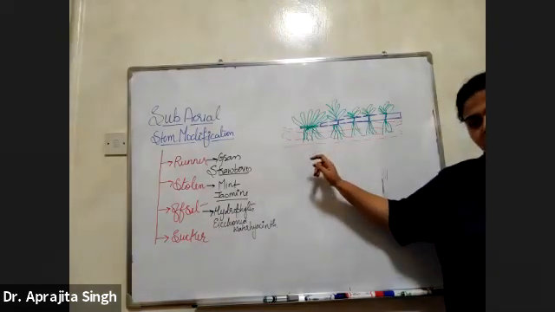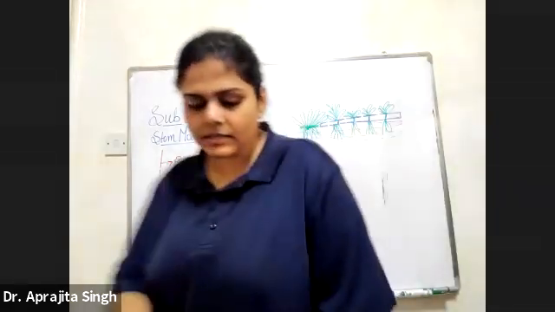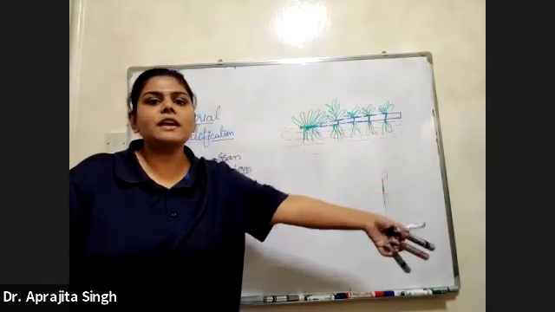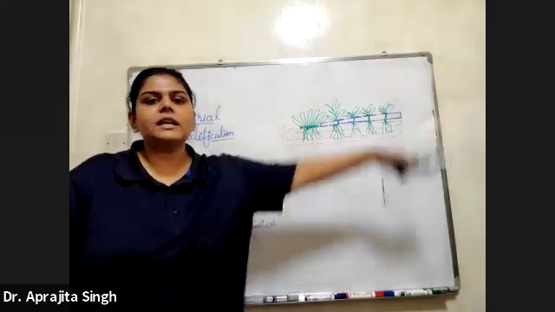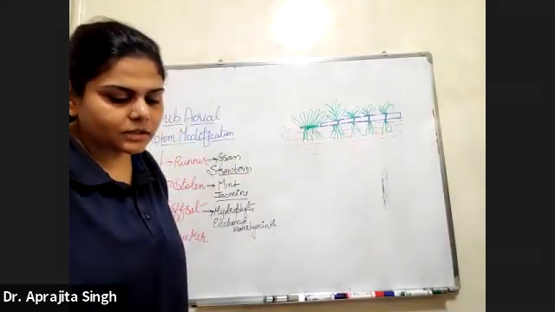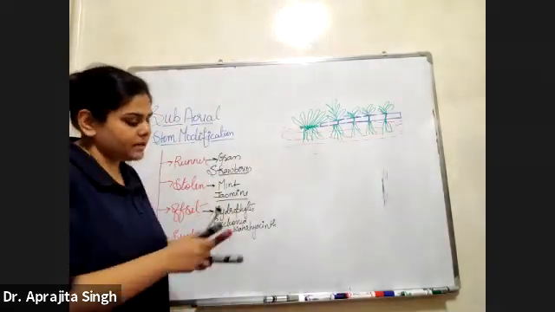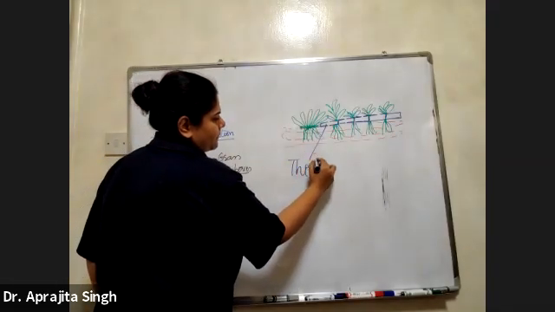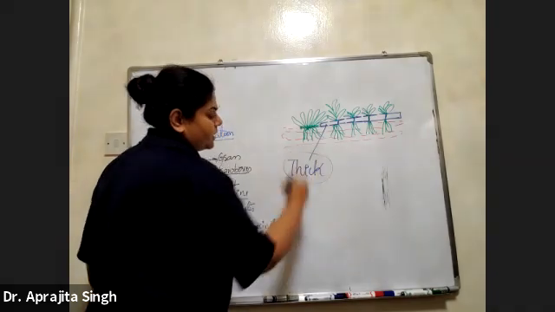Clear? Water hyacinth. It's a modification because their subaerial region is modifying so quickly. They are increasing in length and covering the whole pond. And it's a thick shoot. Remember, it's a thick shoot.